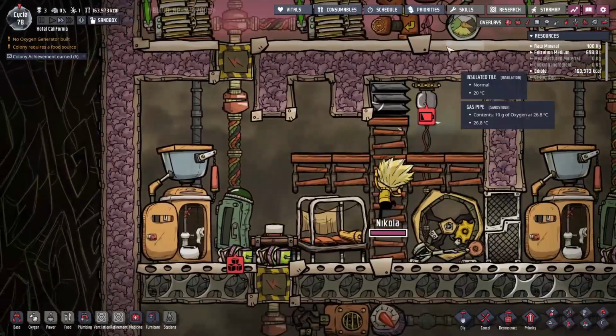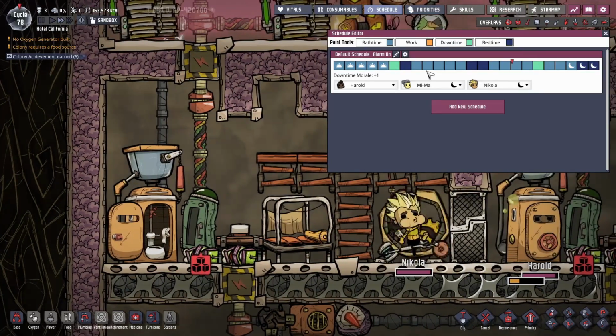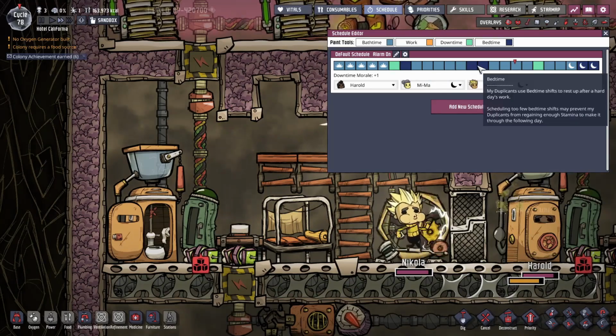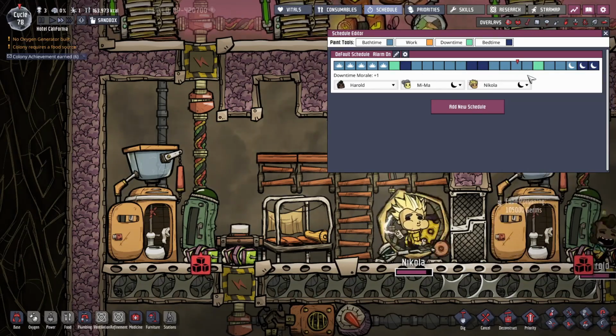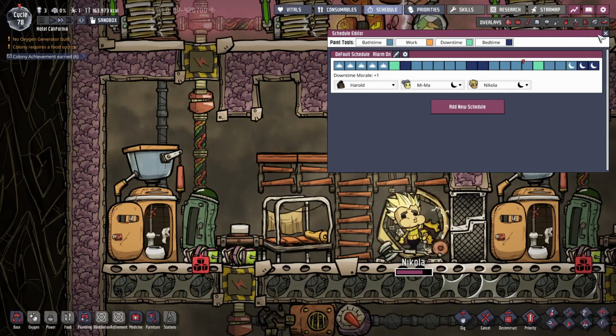First up, I suppose we'll tackle scheduling. You notice on the scheduling here there's no work. It's all either bath time or bedtime, and there's a couple of downtime slots to make sure they eat. This is just to do with...